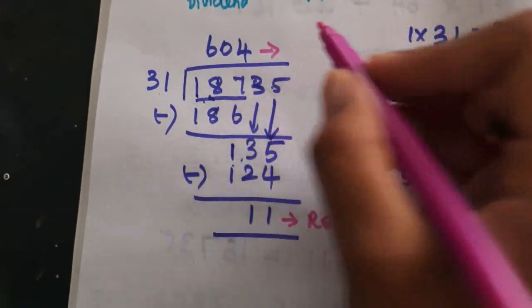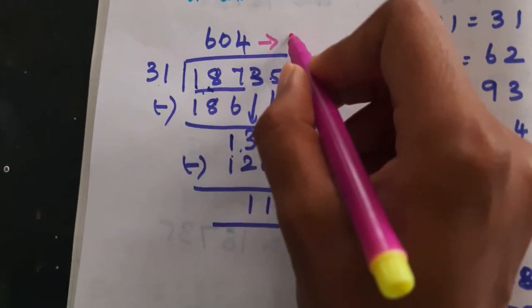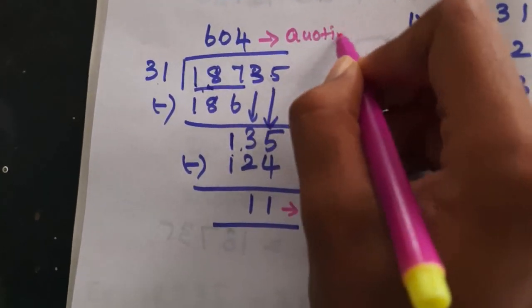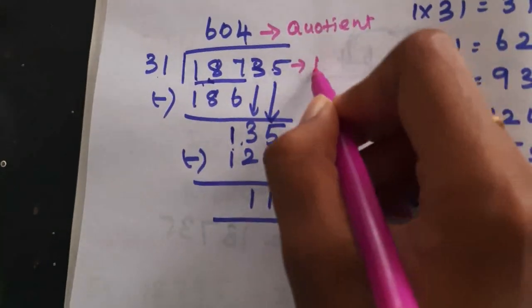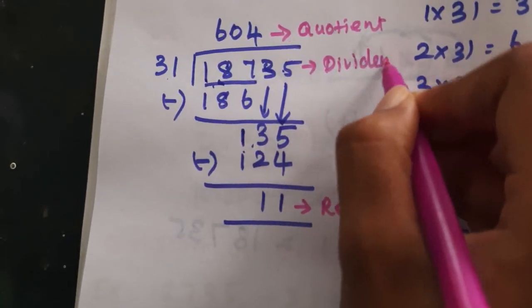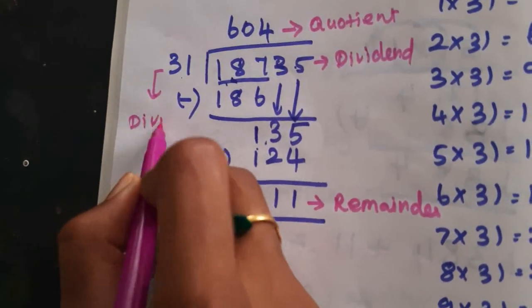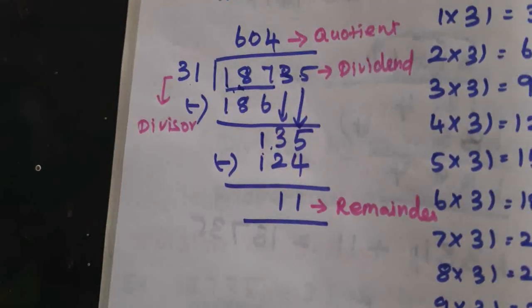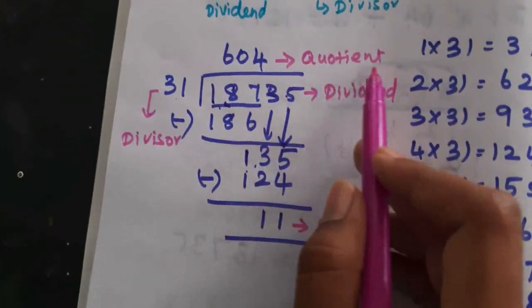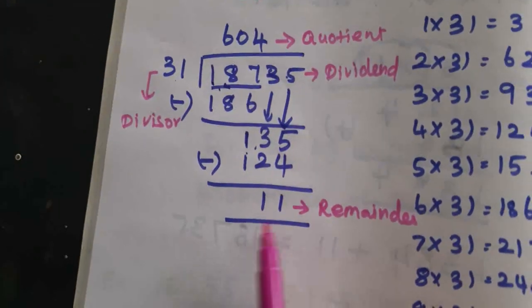So that's why I ask you to write the word. Divisor. 604 quotient, 31 divisor, 11 remainder,